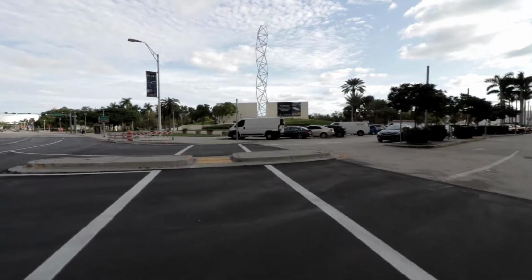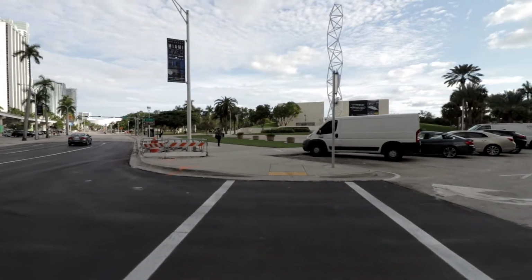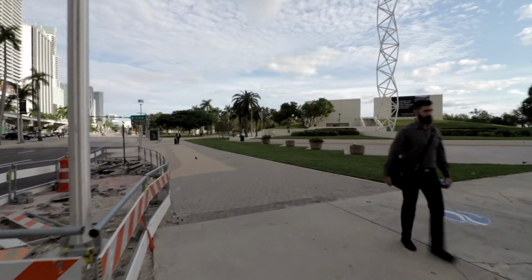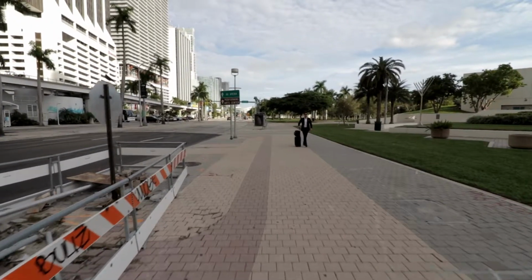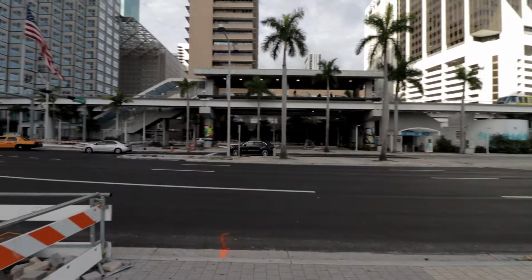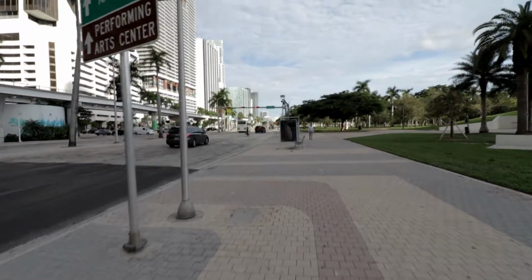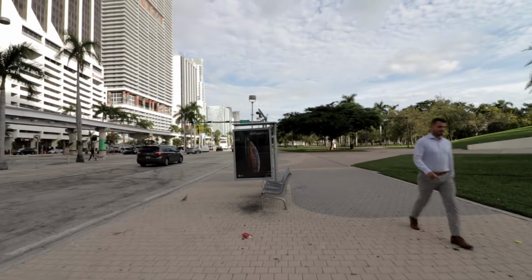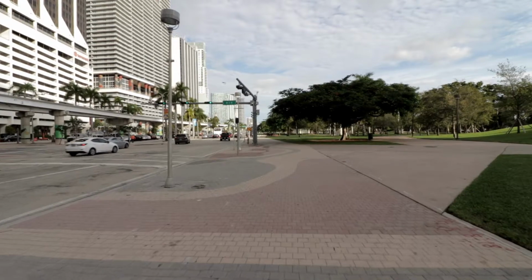So here we have people going into work. And again, the Intercontinental Hotel. Office tower there. So as we loop around, as you saw, I looped around the park in about 15 minutes. So it's very walkable. We have some more artwork here. So there's a couple of ways you can get here. One is you have the Metro Mover station. So if you don't feel like walking a lot or taking an Uber, you could always take the Metro Mover. I always like to mention the Metro Mover. It's our free public transportation here in Miami. So again, even if you're a local and you want to come here,